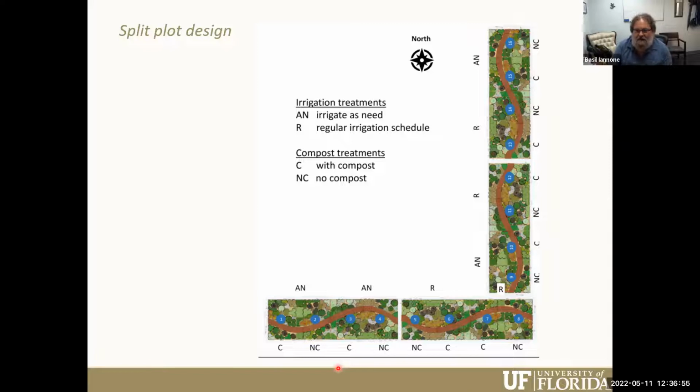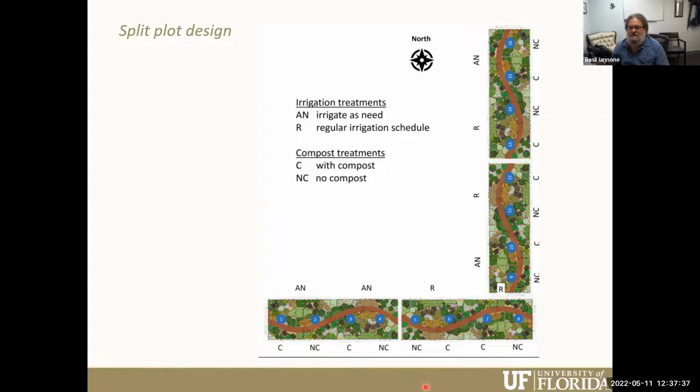So here's the landscaping design of our experiment. Again, these are 20 by 30 foot plots. It's about a 400 foot long area, the corner of the dominant landscaping feature. We have a trail walking through the planting for people to connect with these plants and get to feel them and experience them. And we have 2 irrigation treatments. The one is irrigate as needed. Once these plants are established, we're going to shut this irrigation off and see how these plants thrive in the absence of irrigation. Then we're going to do the regular irrigation, what we call the lazy irrigation approach.